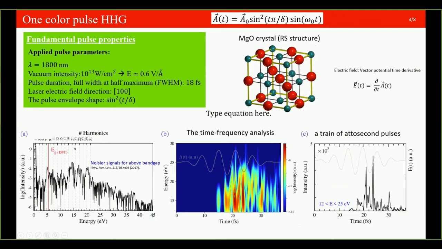The HHG spectrum is here. As you see, high harmonics up to number 30 are generated. Because of the time reversal symmetry in the MgO crystal, the even harmonics are absent, but the odd harmonics up to a cutoff energy of 22 electron volts are generated. In solids,